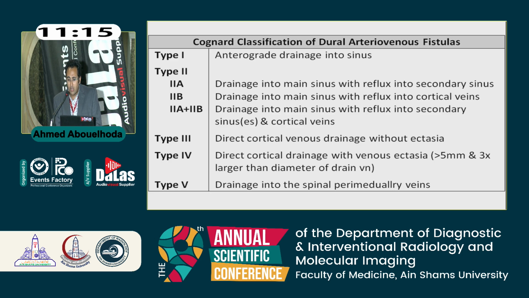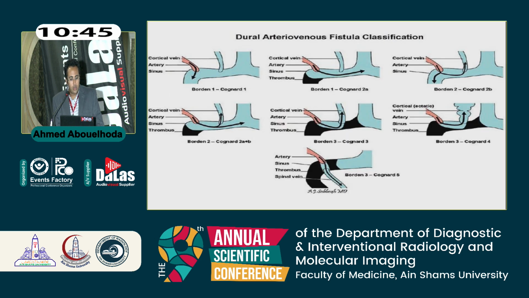A more complicated one is the Cognard classification. Type 1, there's an antegrade flow in the sinus. Type 2A, there's reflux in the secondary veins. 2B, reflux in the cortical veins only. 2A and B, there is reflux in both the secondary and the cortical veins. Type 3, there is isolated cortical venous drainage without ectasia. Type 4, there is ectasia in the cortical veins. Type 5, it's drainage into the spinal perimedullary veins. This one collects the two